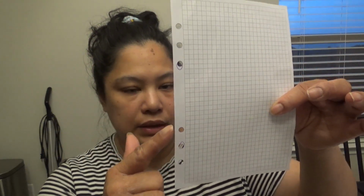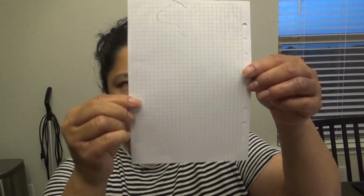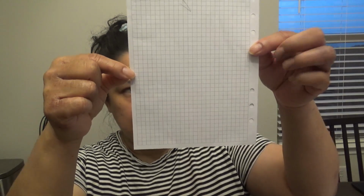So this is something that I purchased from Amazon, a package of 100 for like $9, but that got really expensive. Here's my A5 that I purchased. I don't know if you can see the graphing lines, but it's there, I promise. And this came pre-punched. Now, and this is mine. Okay, so this is mine that I cut myself, and then when I turn it around, it's roughly about the same size as my paper that I cut. So this is what I cut,